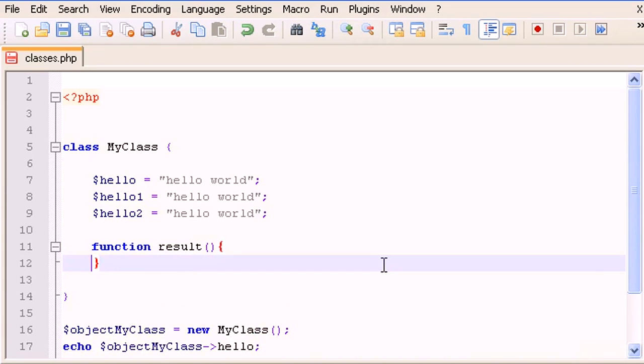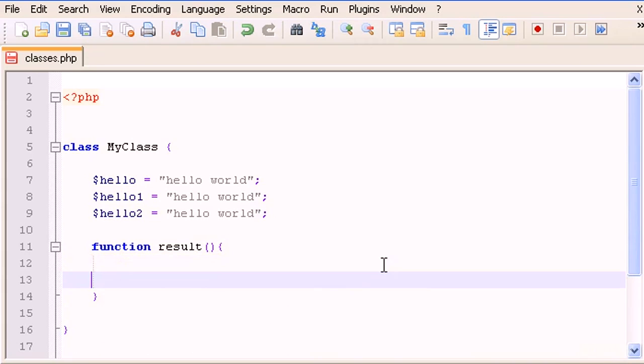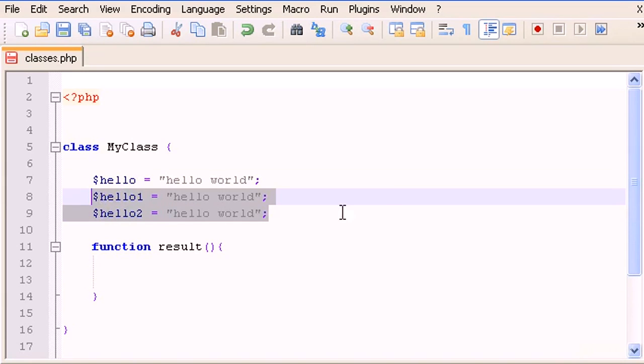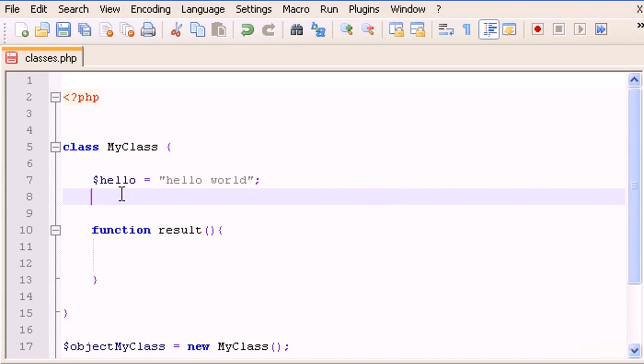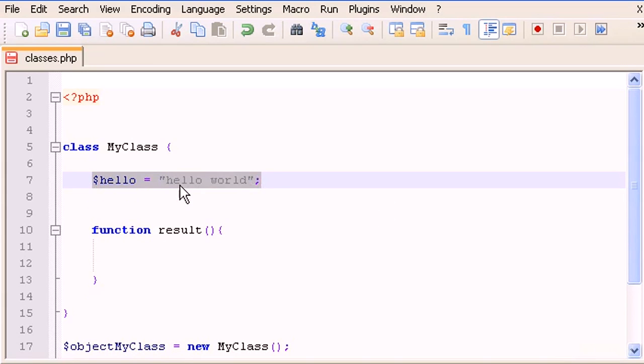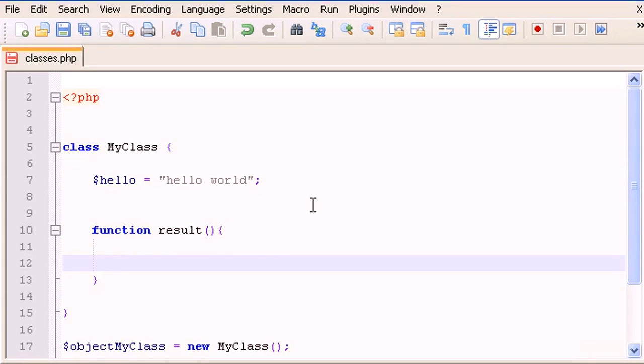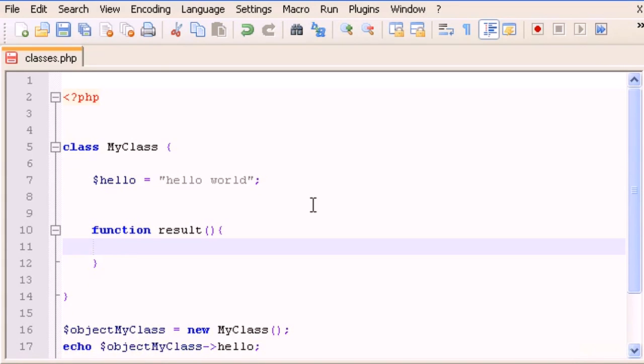Okay, and inside the function, we need to take this variable here. I'm going to delete these variables because we will not need those. So we have a variable with the string hello world. And now we have a function, and this is the function that I'm going to use to echo the variable hello. So to call the variable hello and echo it, we type echo, and now we type the variable